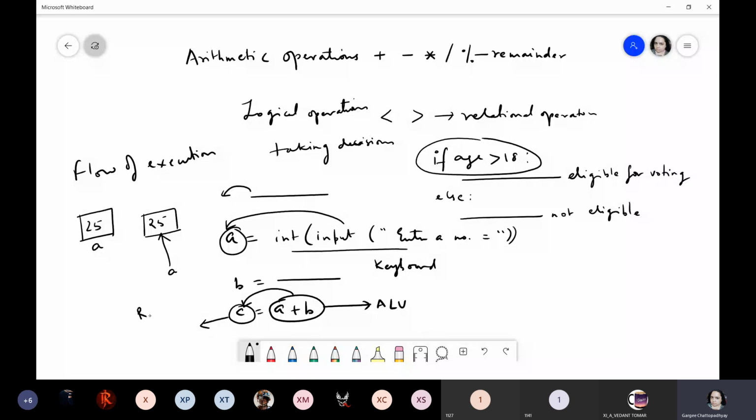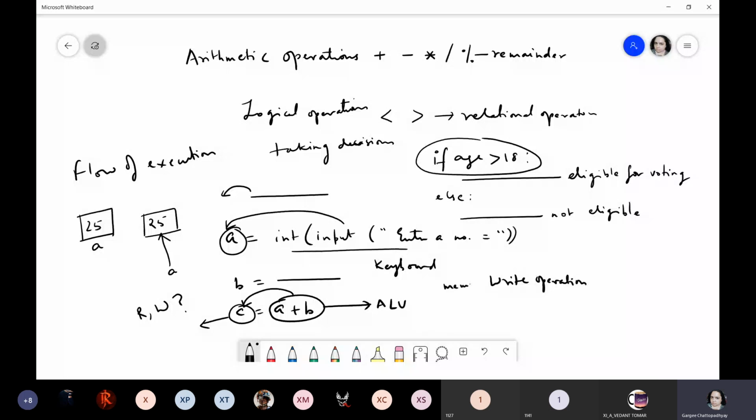Memory read or write operation? Which one? Memory read or memory write operation? Which one? भाई कैलकुलेट कर लिया, अब मुझे सी के अंदर डेटा को स्टोर करना है. दैट मीन्स मेमोरी में मुझे क्या करना है? राइट करना है. I have to perform a memory write operation.